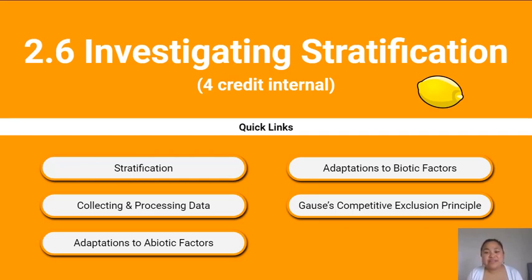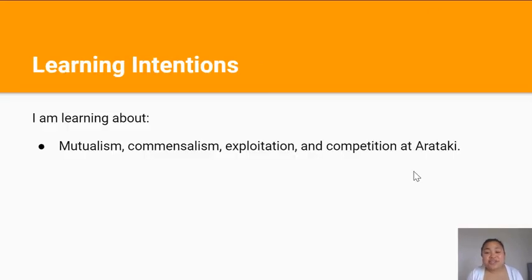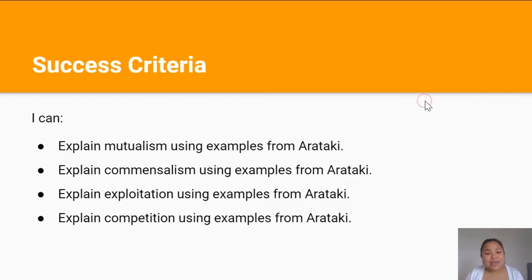This is video 7 and it's about adaptations to biotic factors. In this lesson you'll be learning about mutualism, commensalism, exploitation and competition at Arataki. And by the end of the lesson you should be able to explain mutualism, commensalism, exploitation and competition using examples